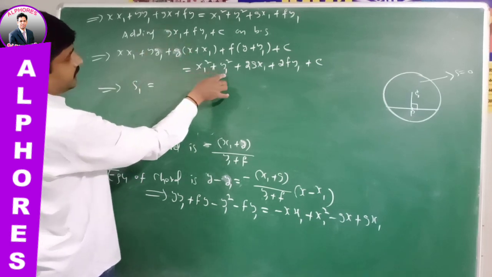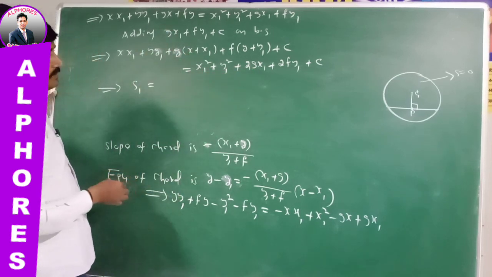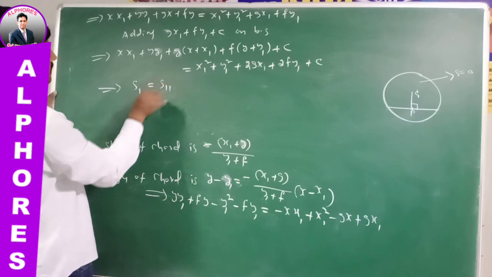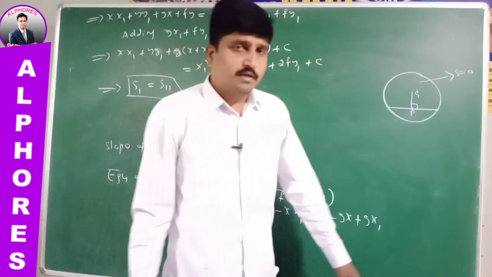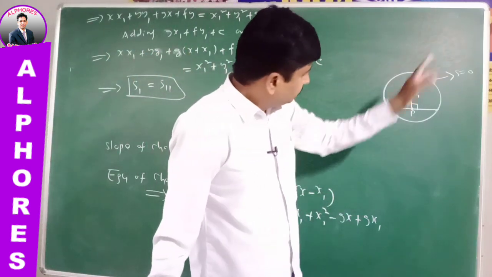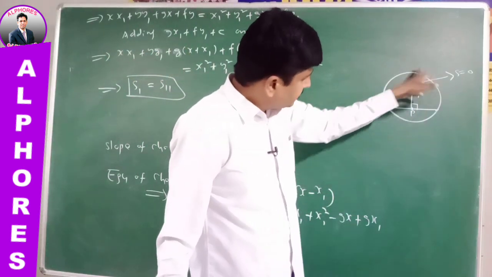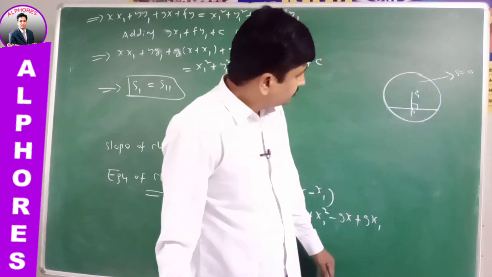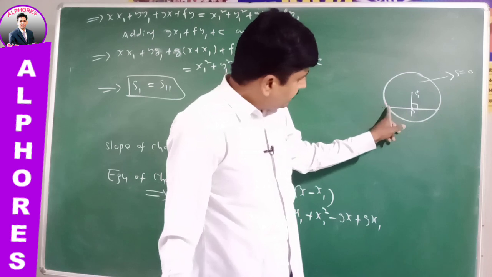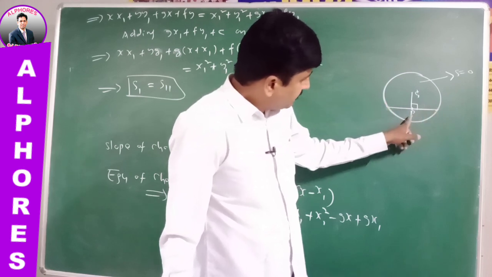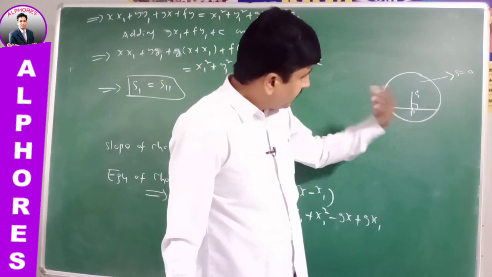Next, x1 square plus y1 square plus 2gx1 plus 2fy1 plus c, write as s11. Therefore s1 equal to s11. Friends, observe here: it is the circle s equal to 0. The equation of the chord having P(x1, y1) as its midpoint is